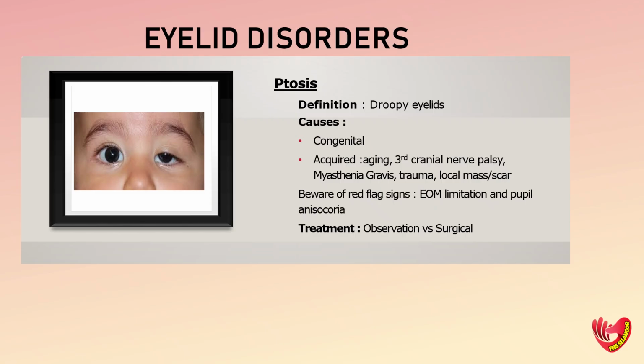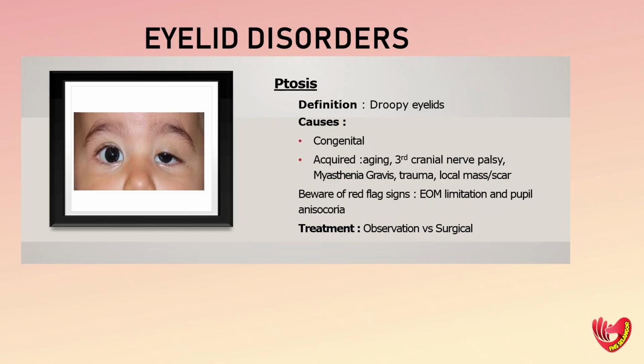A drooping eyelid is called ptosis. Ptosis may be present at birth or may be acquired later in life. Ptosis can affect one eye or both eyes. If a droopy eyelid is present at birth or within the first year of life, the condition is called congenital